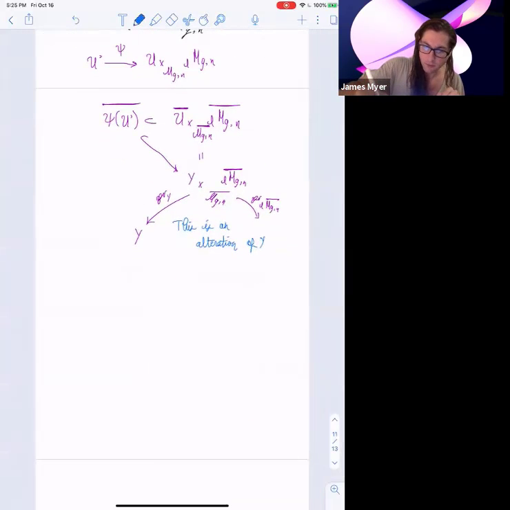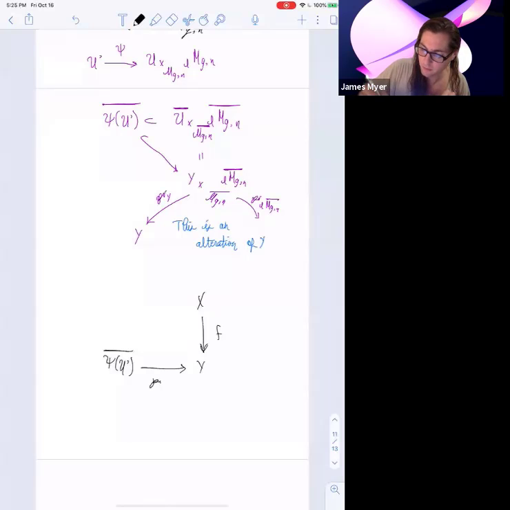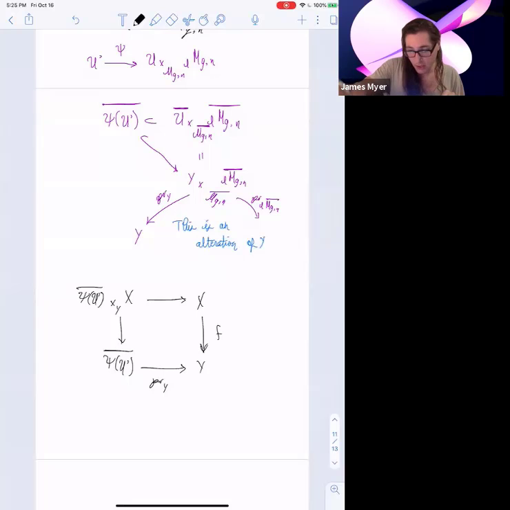I'm getting to the end of this now, I promise. So you have Y, X, over like this. Now there's this alteration. So the closure of this thing has an alteration like this, the projection onto Y. Now you can take the fibered product over Y with this closure of the image of this thing. That's going to be, or wait, have I